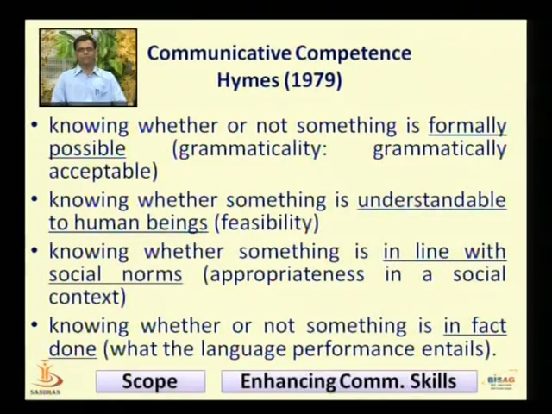Now third stage comes, how much appropriate, which type of language we are using, social norms, appropriate or not, and last thing is, in fact, it is done or not, means it is related to performance. So the sentence must be grammatically correct. Second thing, we are speaking, we are using language for others. If they do not understand, then what is the benefit? Sometimes we have seen that people go for RP accent, so no need to go for artificial pronunciation. You be clear, use small sentences, simple language,